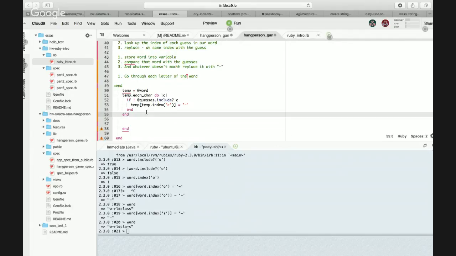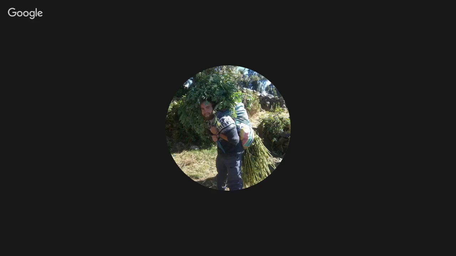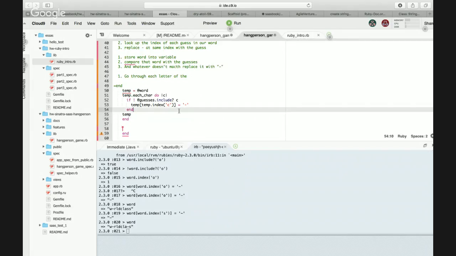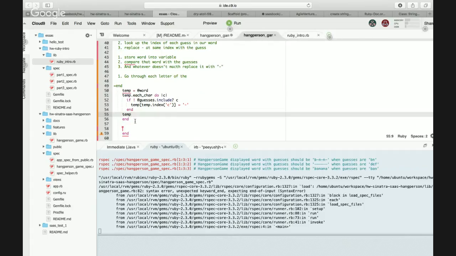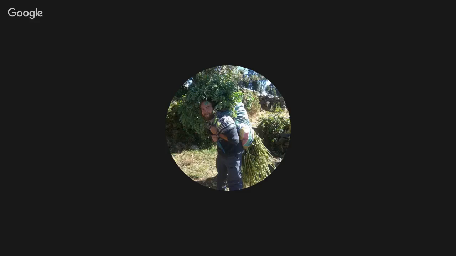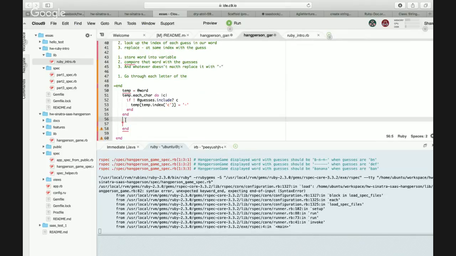Okay, let's run the test. Oh, sorry, we need to return that word as well. We need to return temp. But you have to put temp after the end. I think your temp should come after line 56, because the end is for each char.